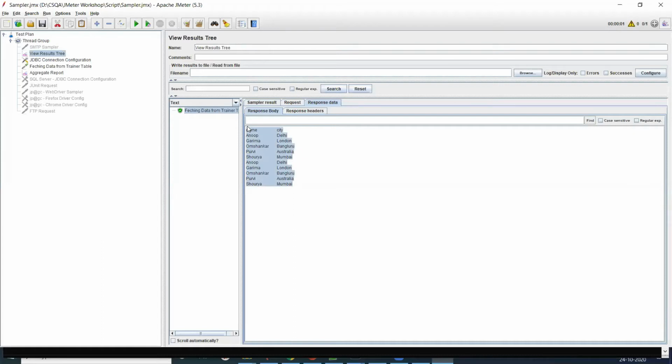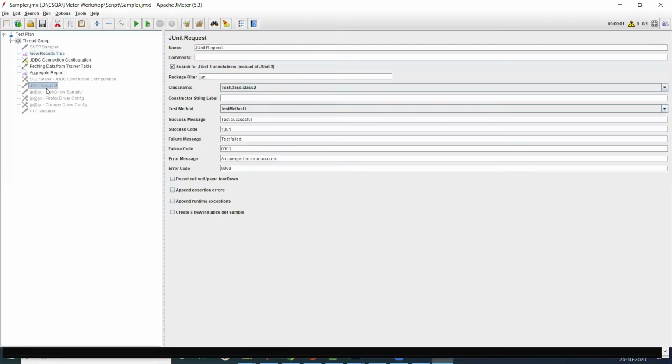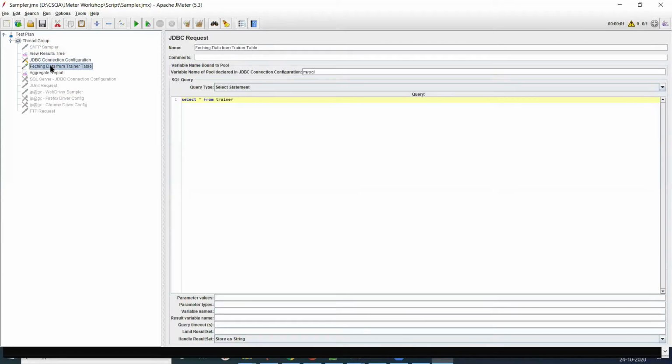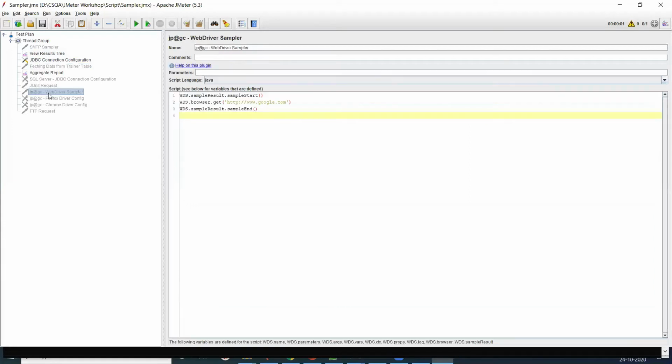Other than HTTP and HTTPS, we do have samplers like the JUnit request. You can have the WebDriver sampler also. So again, for the WebDriver sampler, if I run this directly, it won't run. Let me disable that and enable my WebDriver sampler.